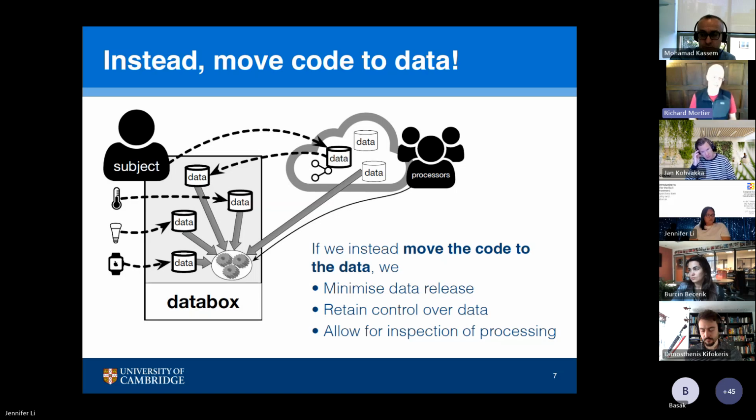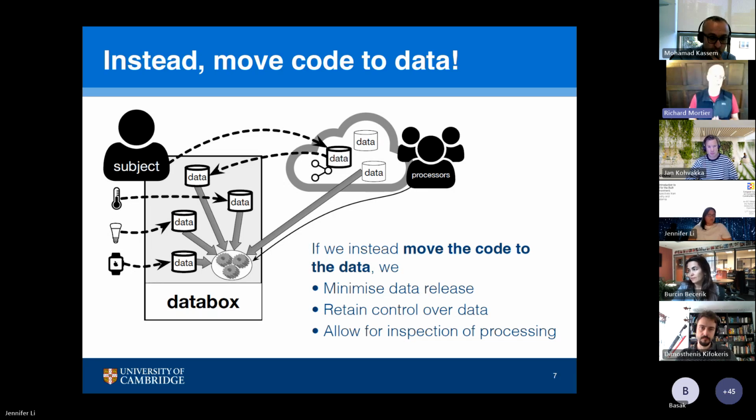instead, you can control the raw data. Somebody sends you a computation, you run the computation. If you're comfortable with what it's found out about you, you can then send that result back to the person that asked for that data to be processed. So you are now retaining control, complete control in some sense, of what is done with the data and how the data can be used in future. You're not giving the raw data up. And sort of inverting the problem like that by saying, let's move the code to the data instead of moving the data to the code, it felt like you gain a lot more control over what can be done and how things can be processed.